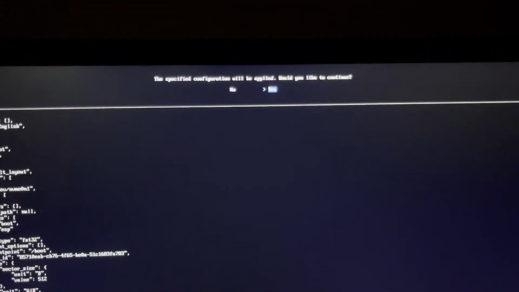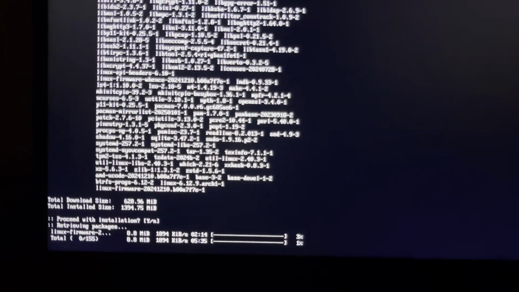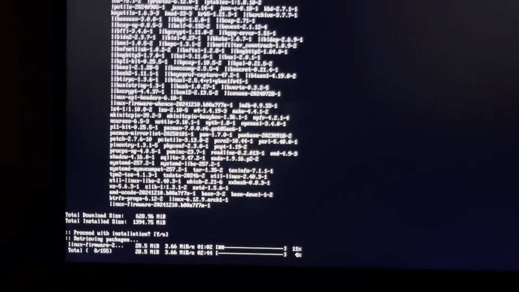Okay, so we got the complete script. Just click on yes and it will start installing your Arch Linux. You don't have to do much now. Just wait for maybe half an hour to complete it. Okay, this is how it works. It will download all the packages required that you have selected, and once this is done I will come back. Now Arch Linux is installed. We will do post installation.